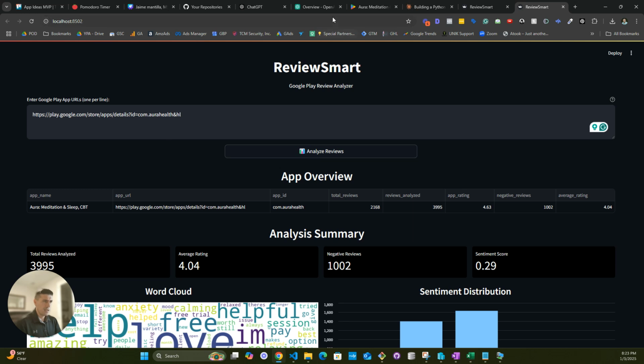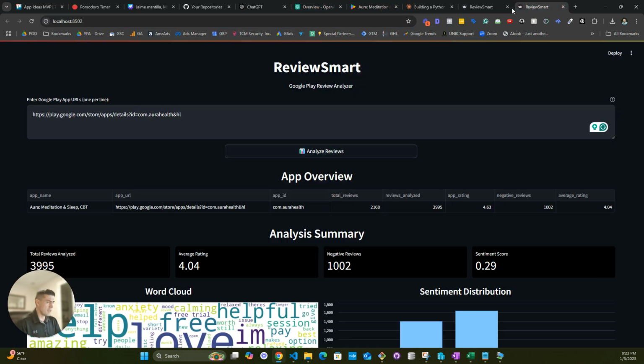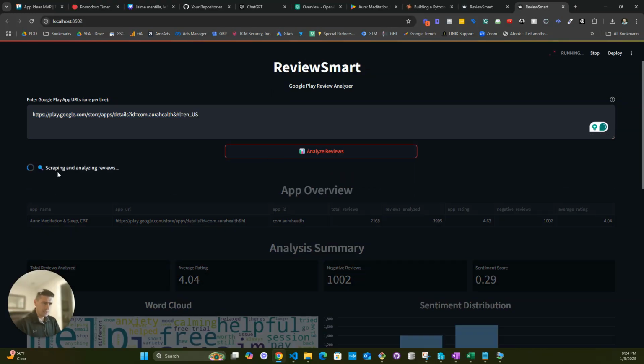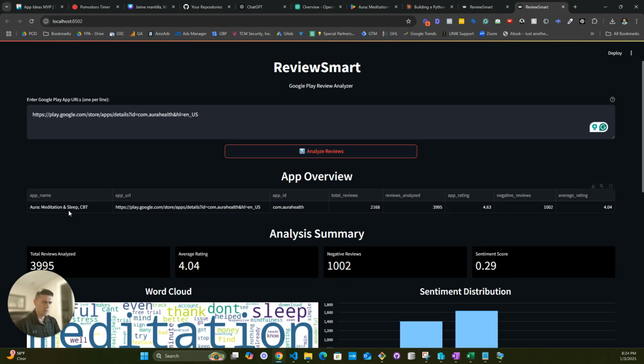So in this case, this is the app we're trying to test. Let's see if it works with the EN-US. Let's do it again. Analyze reviews. Scraping and analyzing reviews. So this is an automation app. This is the URL. This is the ID. 2000 and some odd reviews analyzed, which is weird, right? Because it has a total of 2000, but it reviewed